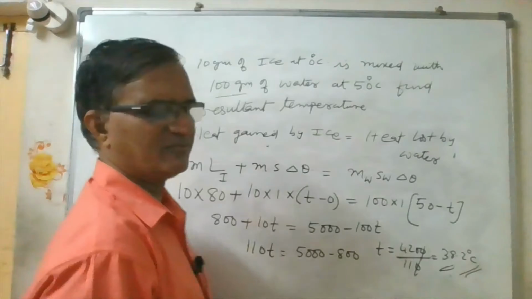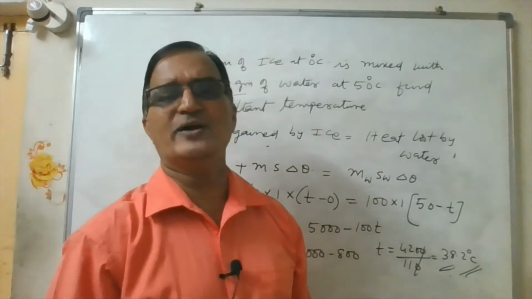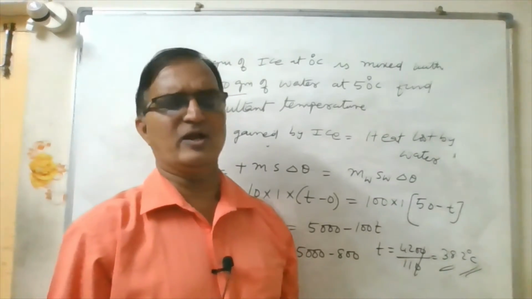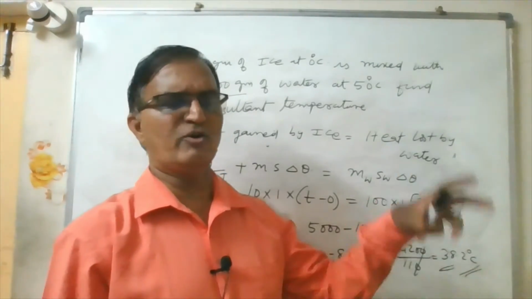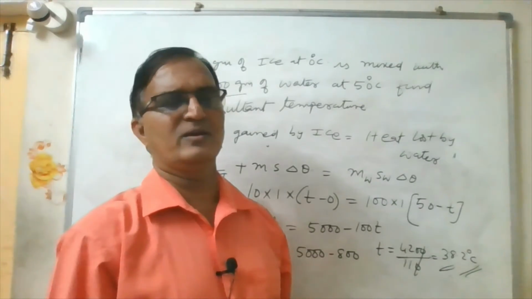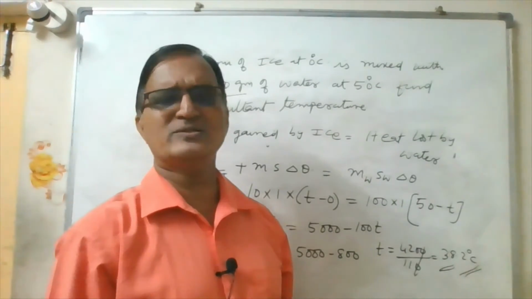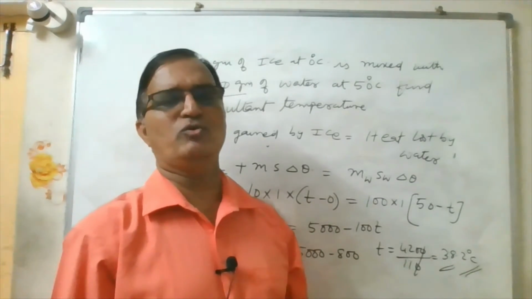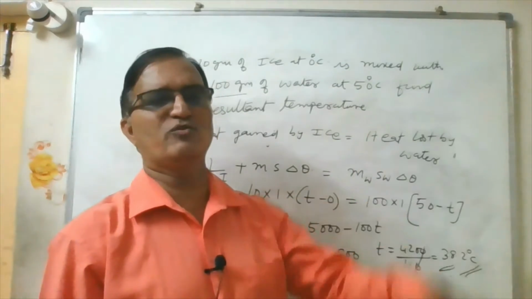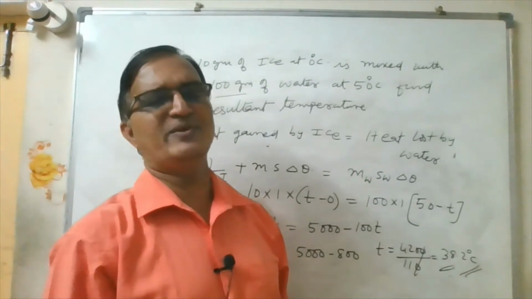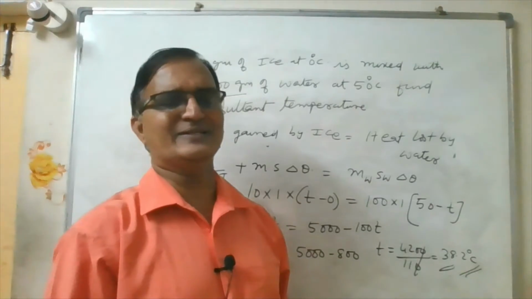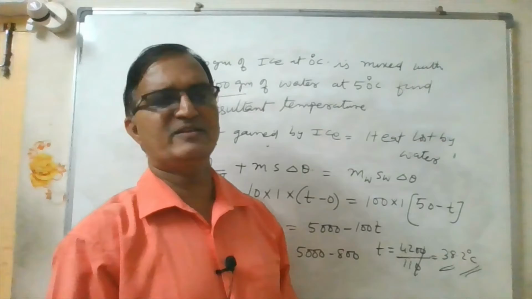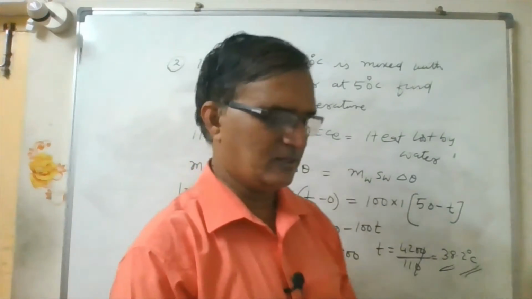Always remember, heat lost by the hot body is equal to heat gained by the cold body. That is the principle involved in calorimetry. For anything, like a body allowed to fall from a certain height, and then how much ice melts, in those problems also the potential energy converts to heat to melt the ice. Suppose a stone is allowed to fall from a certain height; how much ice melts means mgh is equal to mL. So you have to consider the conservation of energy principle. Which one is gaining heat and which one is losing heat, accordingly you have to solve the problem.